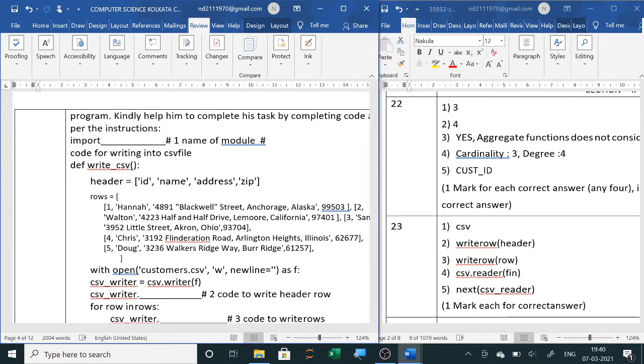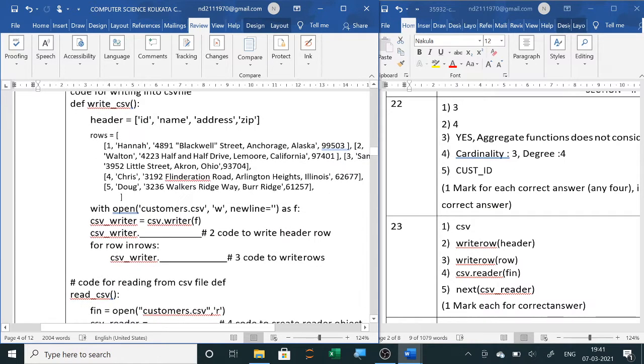You can see here the comment is to write header rows. So here you will write writerow in brackets, header. So it will write the header one by one. Then the third one is the code to write rows. So write each row. You can see I have used for to collect, so row is taking one row at a time. So the answer will be writerow in brackets, row.